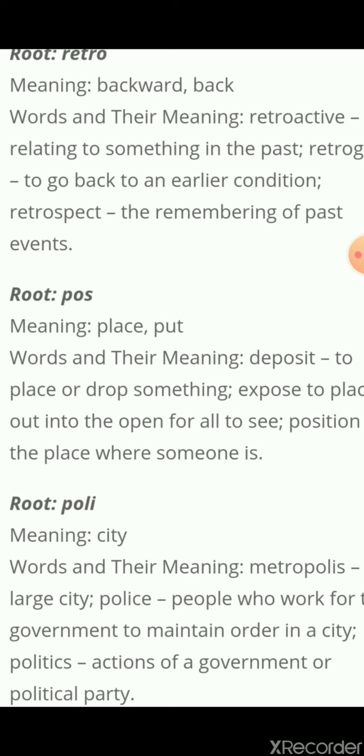So if you know that retro, what does it mean? That is relation, some relation with the past. Old time, backward, back. Then you can find out the clue very easy, I must say. Next root we have